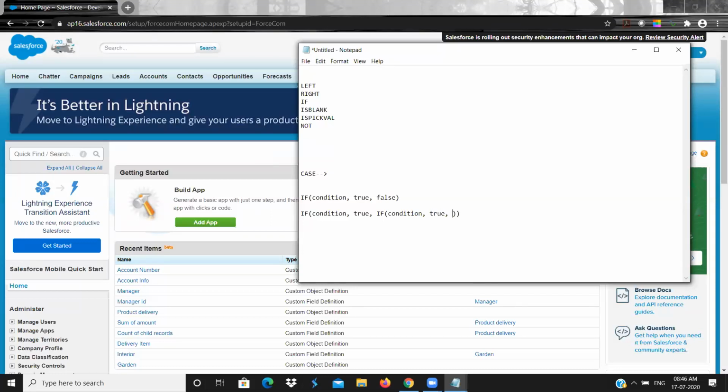If I want to execute some condition, I will have to use if again. If not, I can use false. So this is an if else, a series of conditions, right?